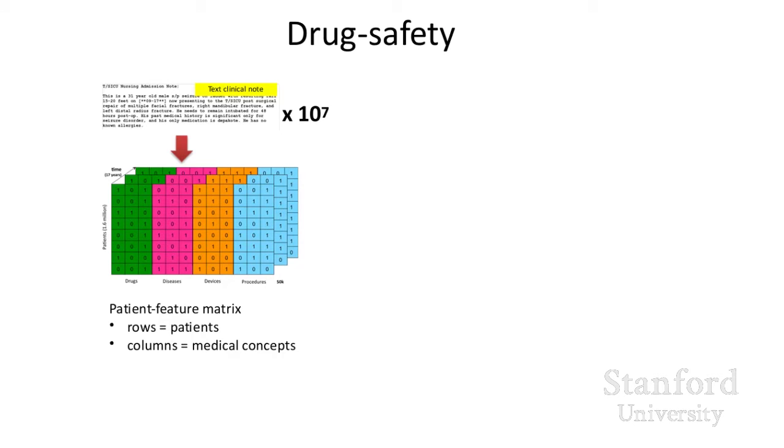So let's, same idea. We have a whole bunch of textual documents, about 10 million of them. Push them through that data analysis pipeline, get the patient feature matrix. Each row is a patient, column is a medical concept, and then start counting some very simple things, such as how many people got diagnosed with rheumatoid arthritis, then were prescribed Vioxx, and then got their first ever mention of